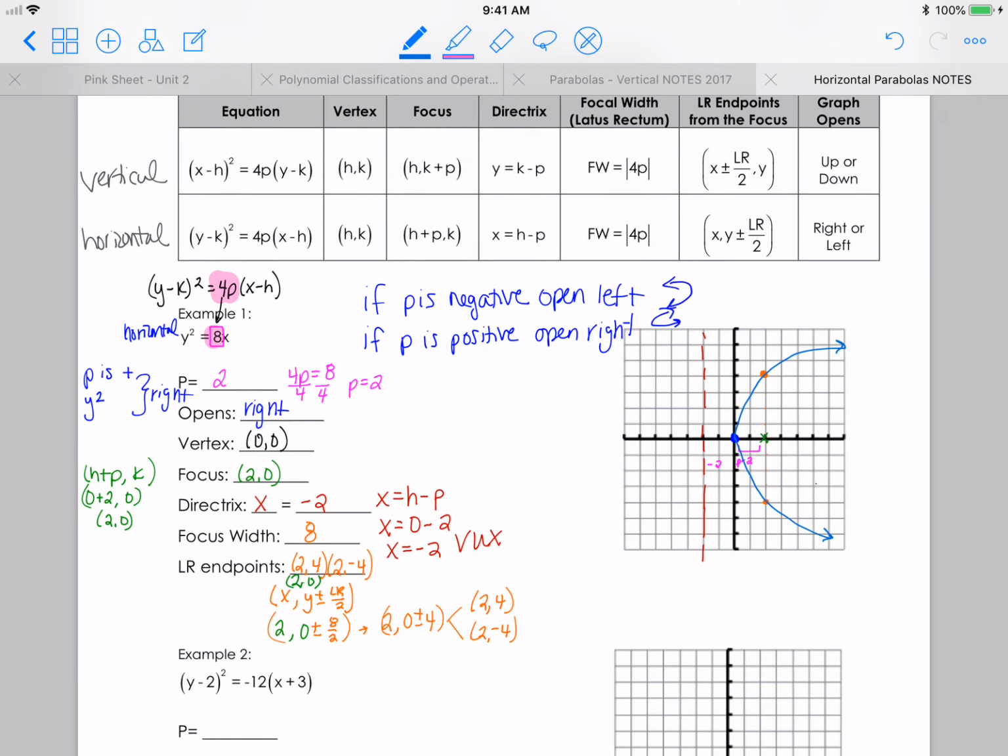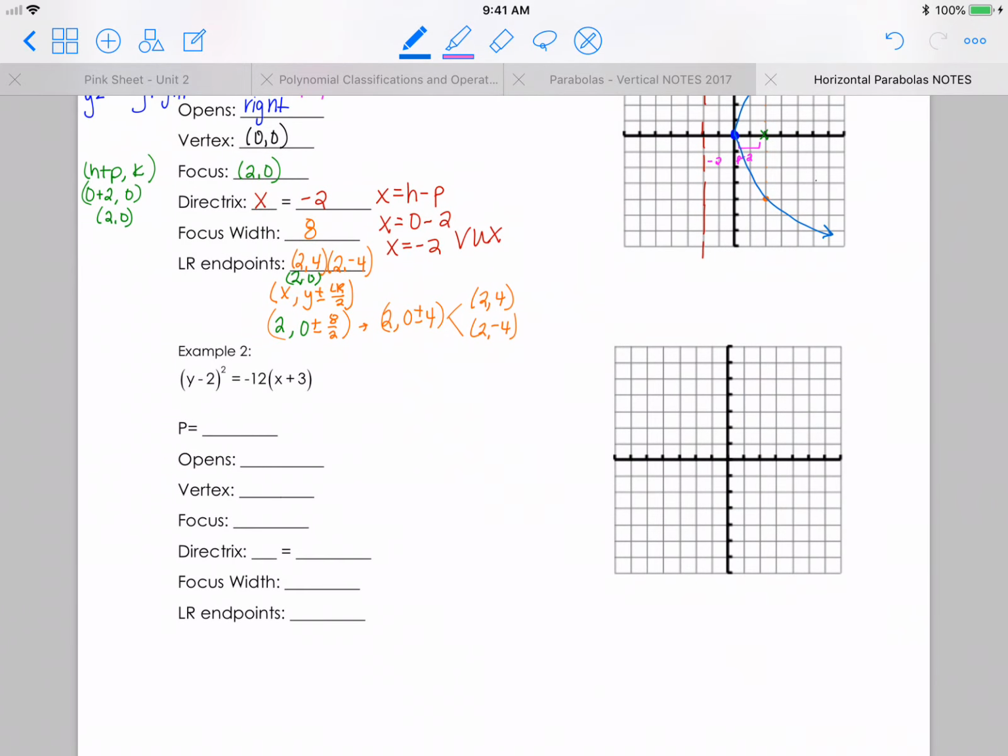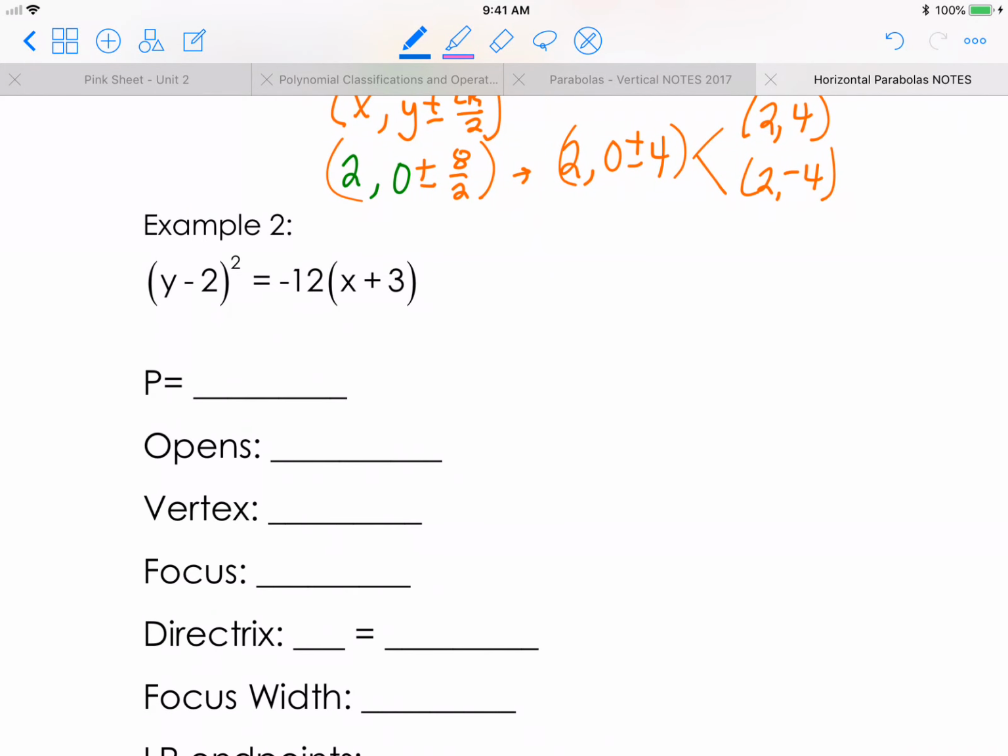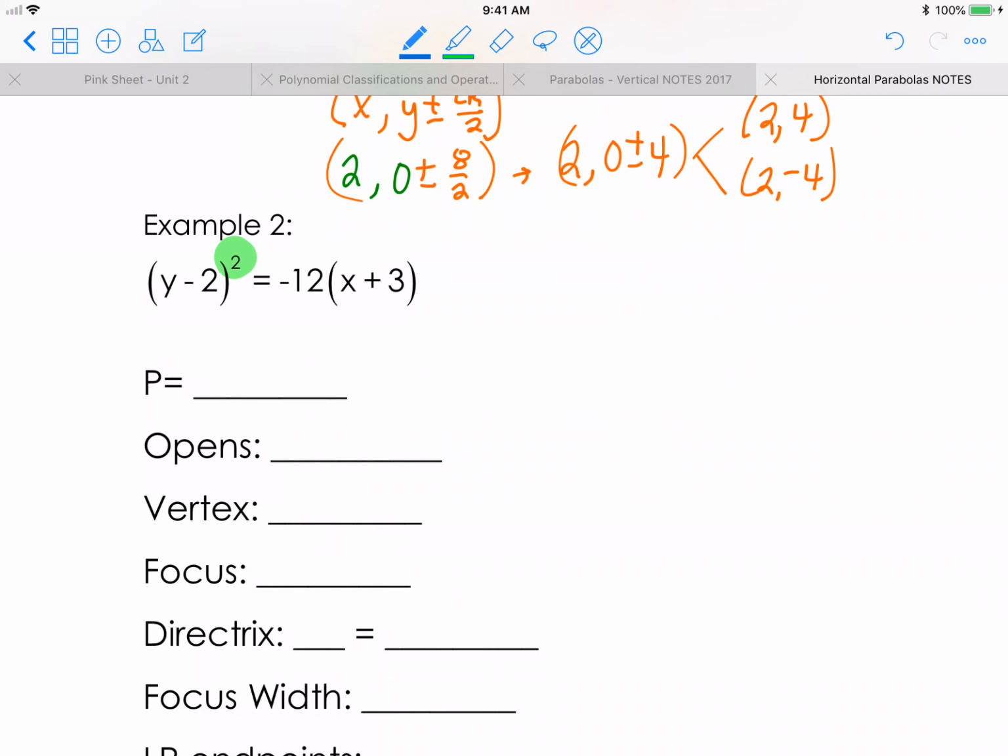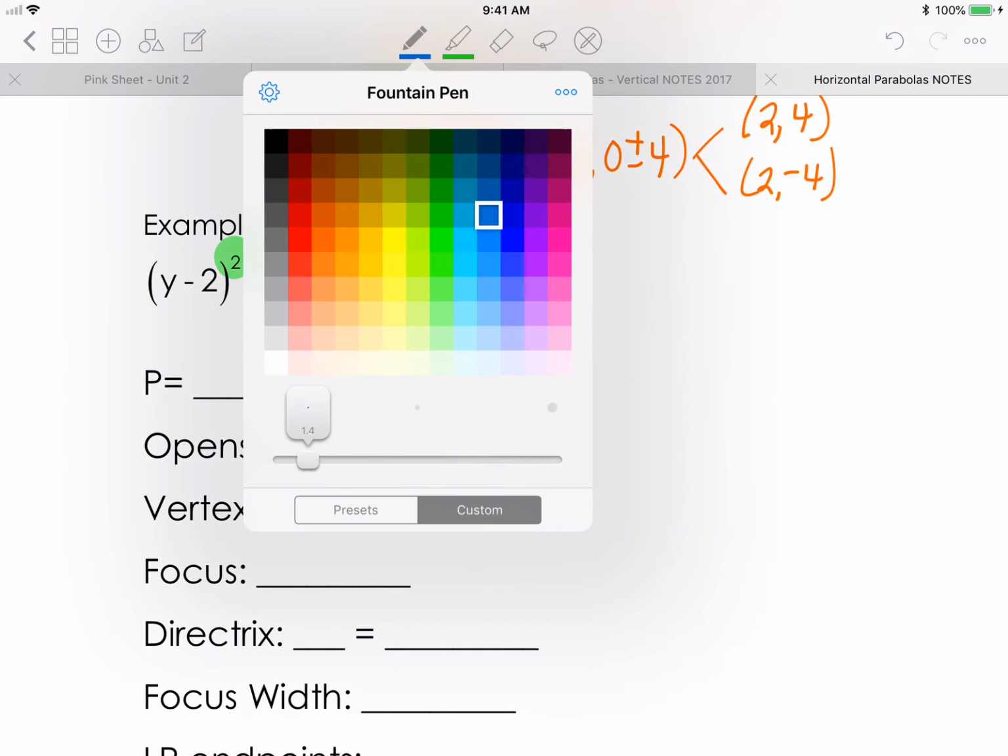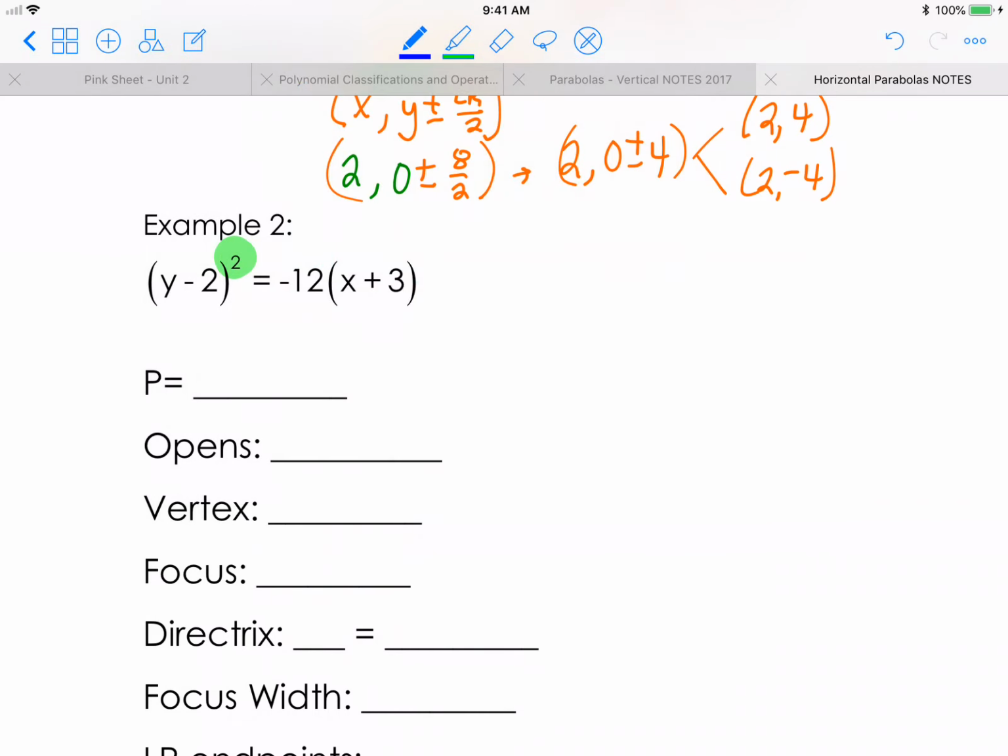Okay, let's go look at number 2. Okay, so first thing, let's decide if this is going to be a vertical or horizontal. And because y is being squared, it's going to be a horizontal. Okay, so let's find